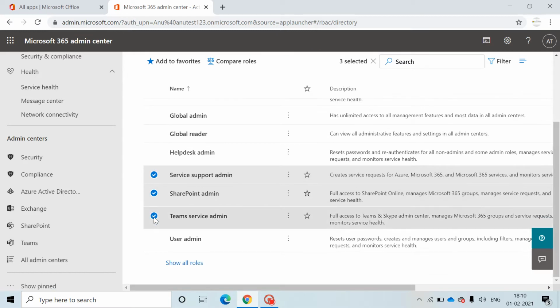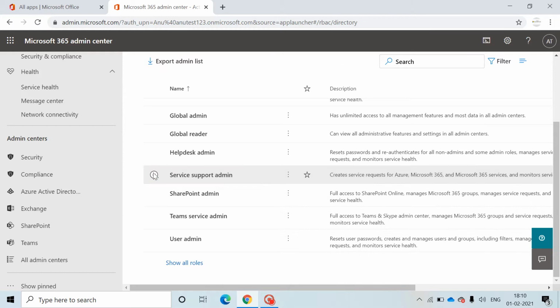Teams service admin is someone who has access to the Teams admin center. So these are admins who have individual access to particular product admin centers. Teams admin can only access the Teams admin center. SharePoint admin can access only the SharePoint admin center, and so on for Exchange, OneDrive, Azure, everything.